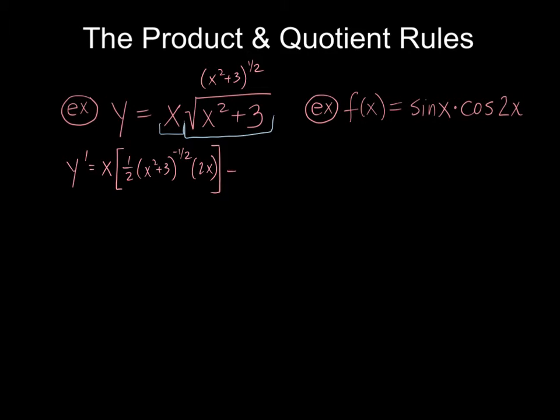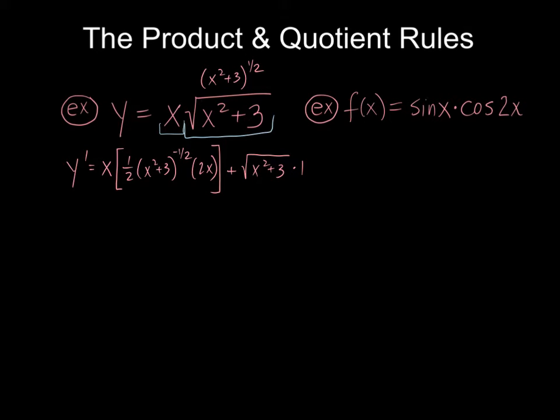All right, plus second function times the derivative of the first function. The derivative of the first is just 1, so that didn't really affect anything. All right, so now the derivative is taken. At this point, I have the derivative. I just need to